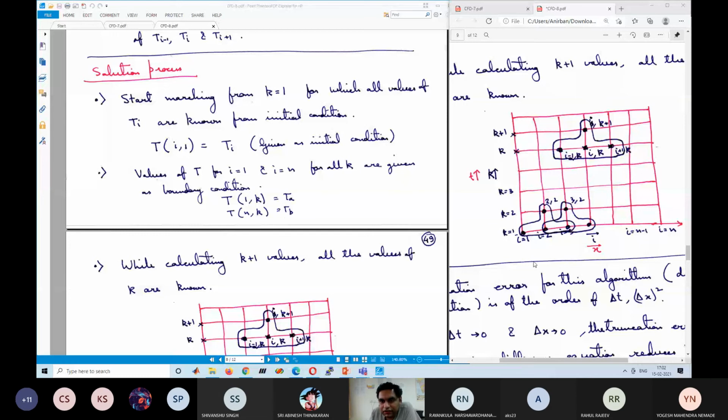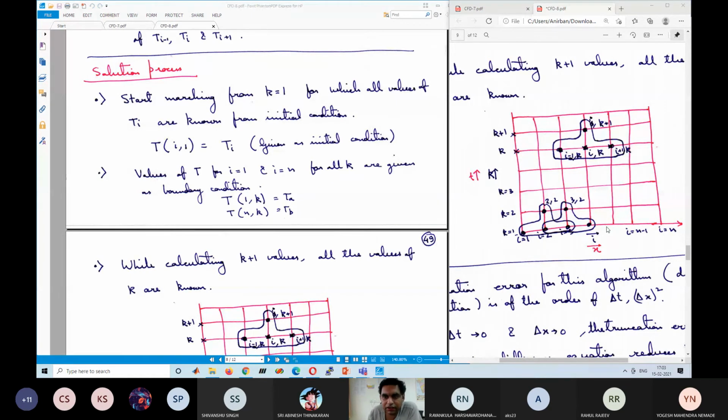So initial condition is the first means what? This row. Which line will be the initial condition? Sir, the first, k equals to 0, or in this case k equals to 1. Okay, k equal to 1. So this value, this value, this value, this value. So at k equal to 1 means at time equal to 0, all the x point values are known, right? Because along the entire rod, you know that the temperature is 30 degrees centigrade. Okay, it is given. So initial condition is given for the entire x but at time t equal to 0.